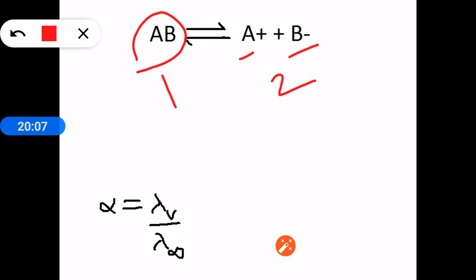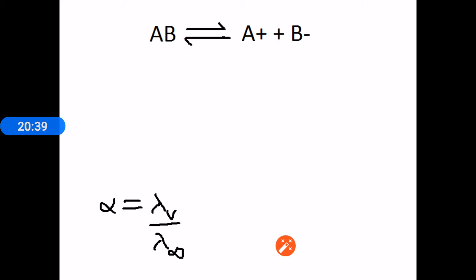So the colligative properties of the unionized molecule will be less, whereas after ionization the colligative properties will be more, because the number of particles is also more. So this effect is seen: as the number of particles increases, colligative properties also increase. This effect is seen in measuring osmotic pressure, elevation in boiling point, depression in freezing point, relative lowering of vapor pressure, all the colligative properties.